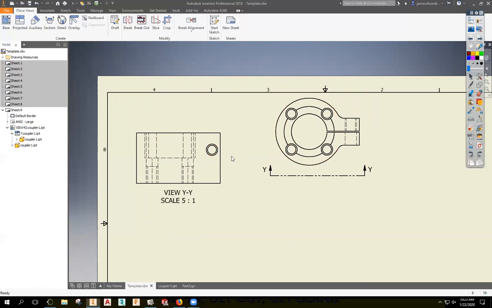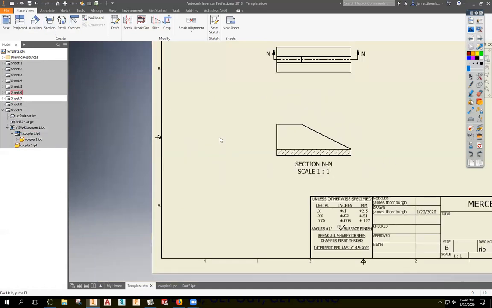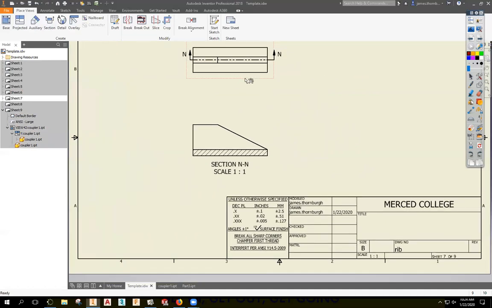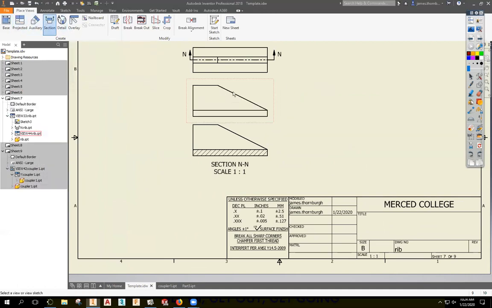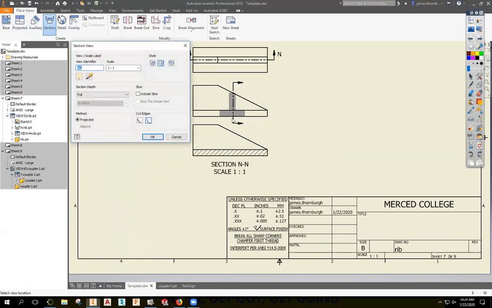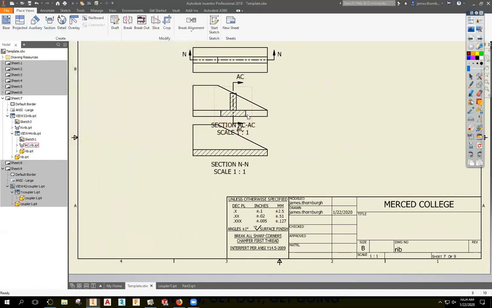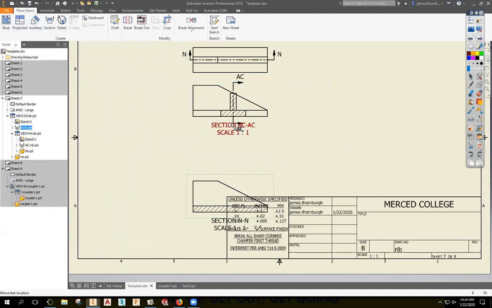No, we don't do revolve sections. Because basically, you make it like a regular section, and then you have to slide it back. So, like here, if I want to do a revolve section, what I would have to do is a section, and then I'd have to slide it back to be perfectly lined up. And then